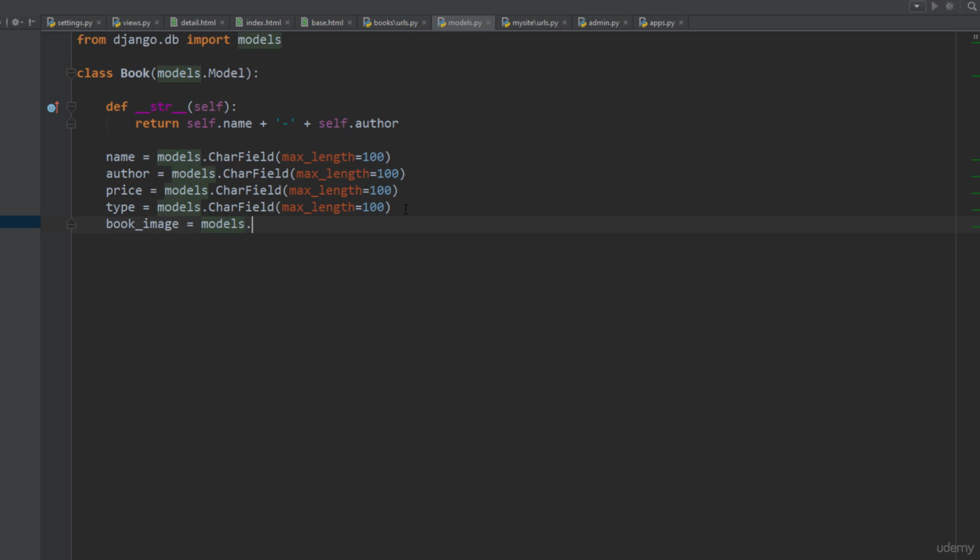So you need to type in models.CharField, and here let's say the maximum length is going to be 1000 because the image URL may be a bit long. So once you make this change, you could open up your terminal,